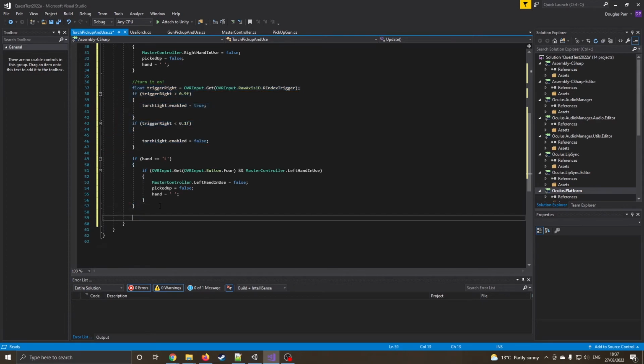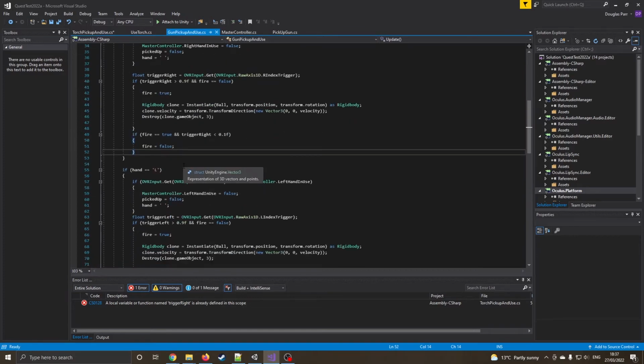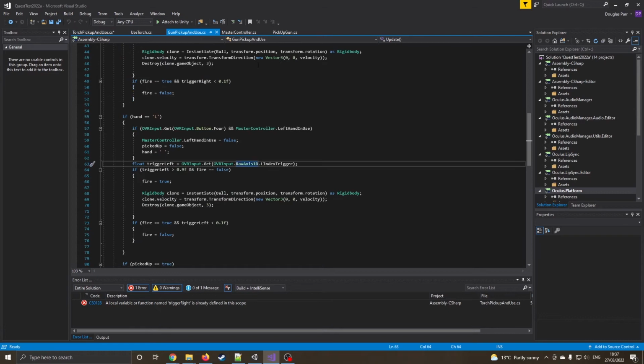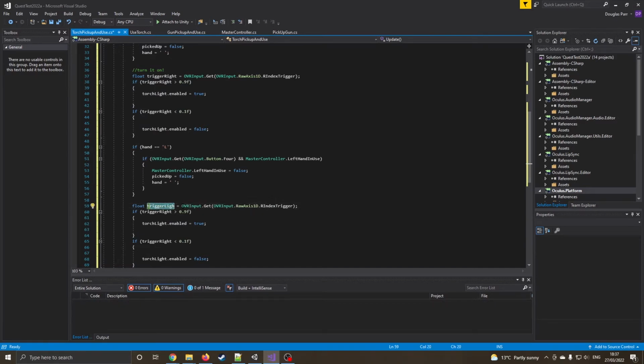But what I also want to do is copy this code again, for if it's the left hand that's actually picked up the torch. I've not tested it, and I'm going to just nip back to our gun use, just to remind ourselves what the button was. So it was just the left index trigger. So again, I can just change that one little bit. This time we can just put that to L, index trigger. If trigger